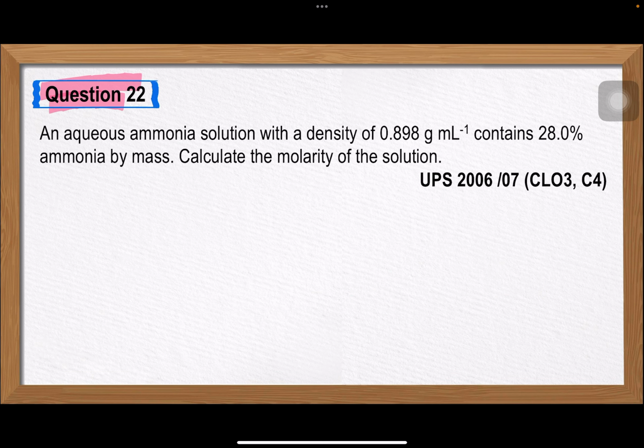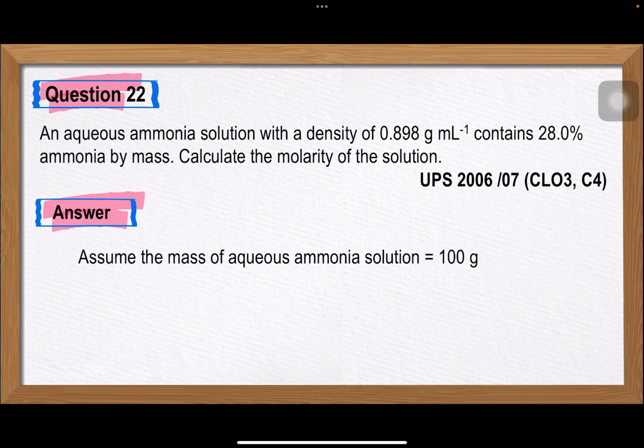Question 22. Ammonia solution density is 0.898 gram per milliliter, contain 28% by mass of ammonia. Calculate the molarity. Molarity, unit what in molarity? Mole of solid and volume of solution. So here you already have the density and percentage by mass. So from here we can